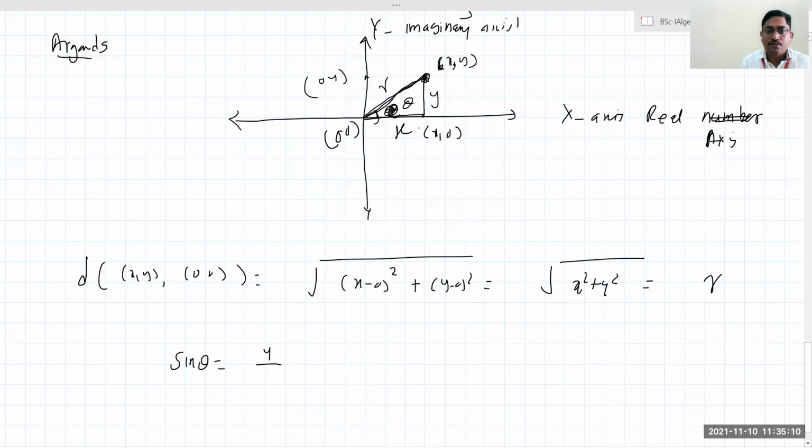Now you can see you have drawn this perpendicular to find the value of x. So this is a right angle triangle in which r is the hypotenuse. So what is the value of y then? It is r sin theta. And similarly, what is cos theta? x by r, adjacent side divided by hypotenuse. So this implies the value of x is r cos theta.